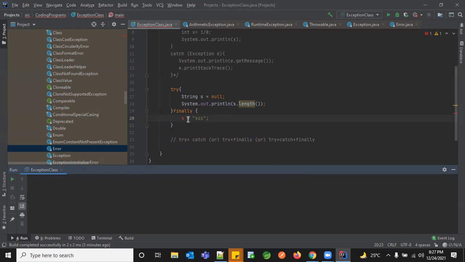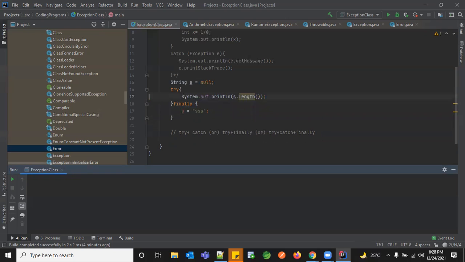Finally block. Okay. So the thing is, whenever you're using some kind of variables in your try, and if you want to use them either in your catch block or finally block, that has to be declared globally and not locally, because this scope is local. And when you're trying to use that in finally, you cannot actually handle that value. So to do that, whenever you're going to a try block, always have your initialization outside your try block.